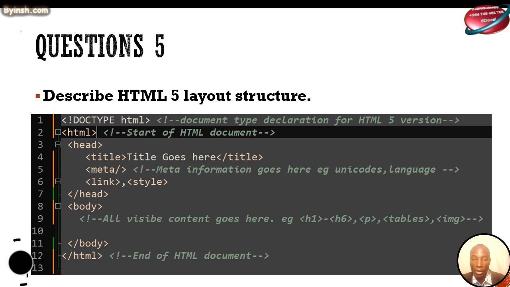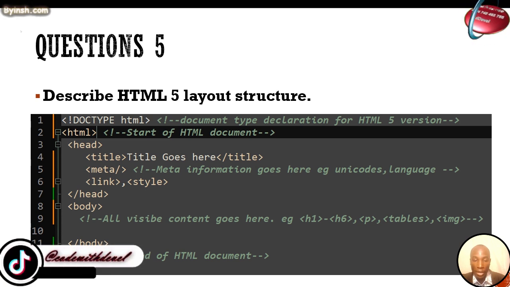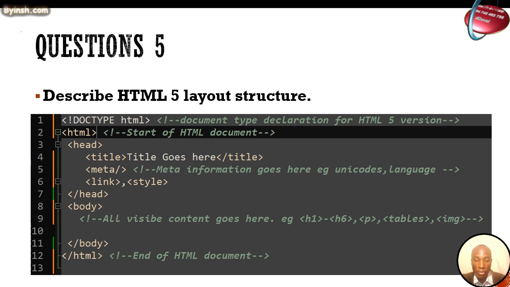is an HTML file. Then you open the HTML tag, and tags are case insensitive. You can use either capital or small letters, but it's a programming practice to use lowercase. Line 2 and line 12 start and end the HTML document. Follow you next